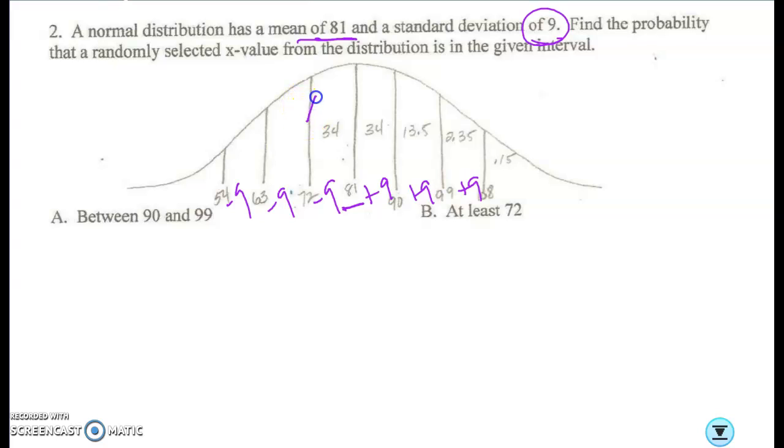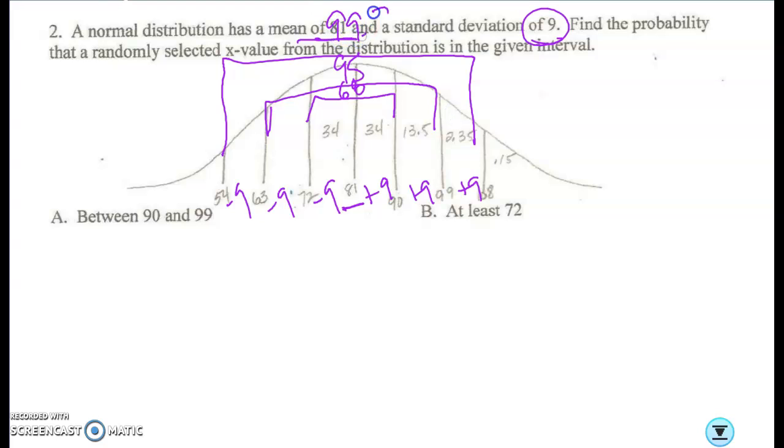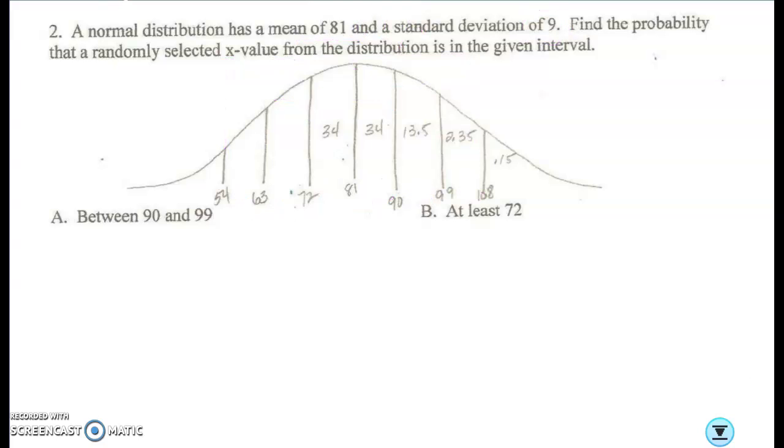So this is also called the 68. That's where 68% of the data falls. Then the 95, this is where 95% of the data falls. And then out here is 99.7% of the data. So it's called the 68, the 95, the 99.7% of data rule. So once you get all of those numbers down at the bottom, it makes it pretty easy to figure out